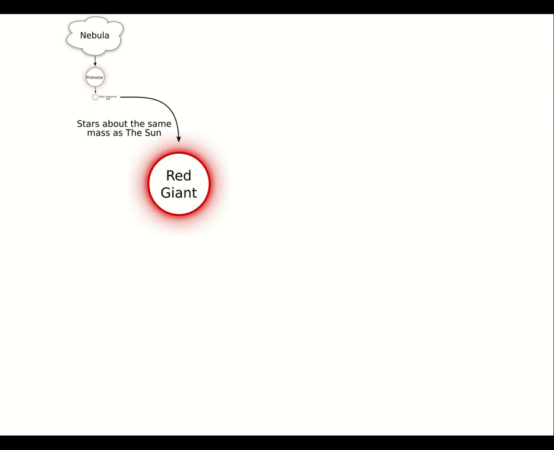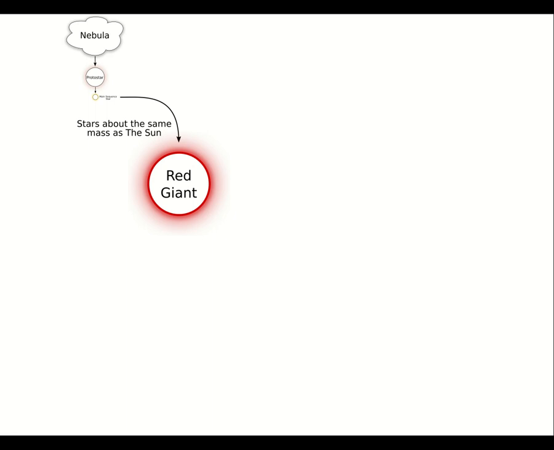It may get hot enough to start fusing helium into larger elements if the star is big enough. Stars about the same size as our Sun will do this, and maybe even bigger elements again, depending on the size of the star. But in order to fuse helium into larger elements, you need much higher temperatures. So the centre of the star gets more and more dense, hotter and hotter,